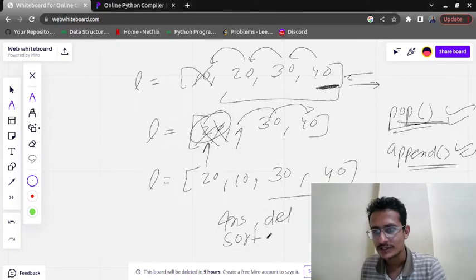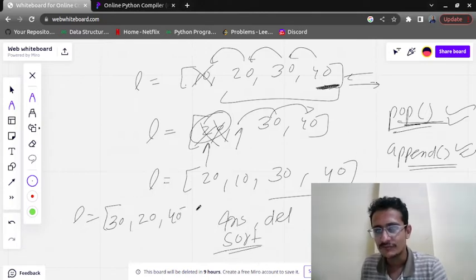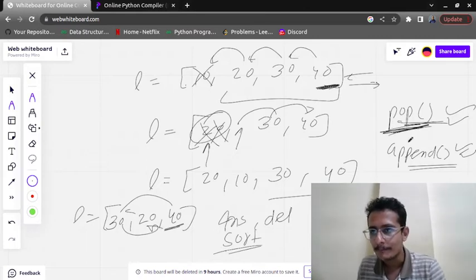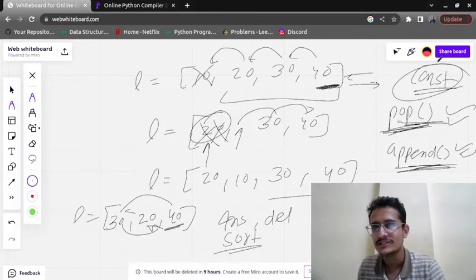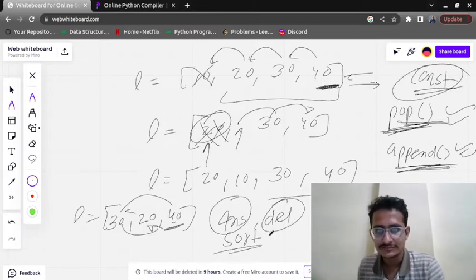If you are going to sort, then also it will take time, because if the elements are not sorted, you have to go to each element, then you have to see which is smaller, then you have to do rearrangement. So popping and appending will happen in constant time, because it is done from the end, but insertion, deletion, sorting are going to take time.